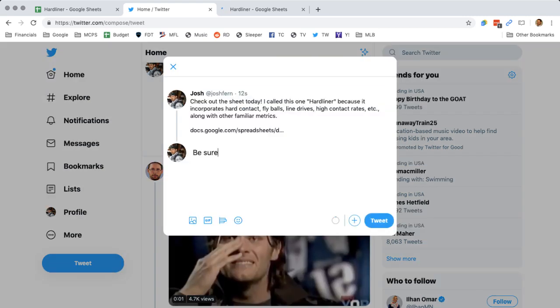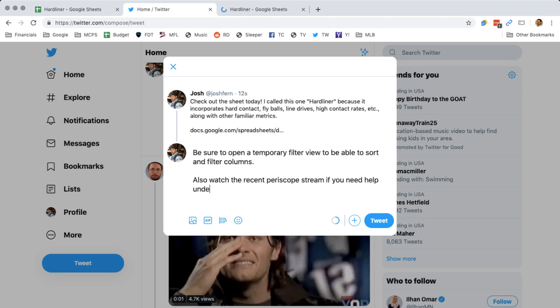Be sure to open a temporary filter view to be able to sort and filter columns. Also, watch the recent Periscope stream if you need help understanding the sheet. Enjoy.